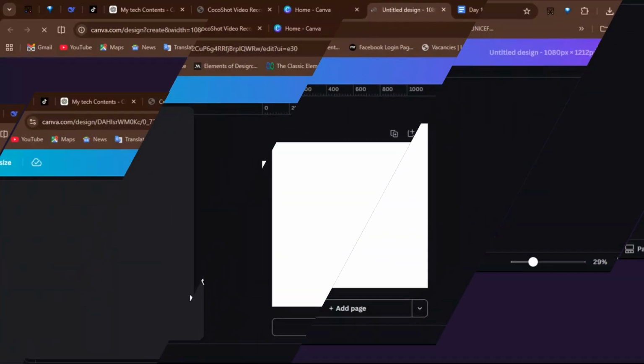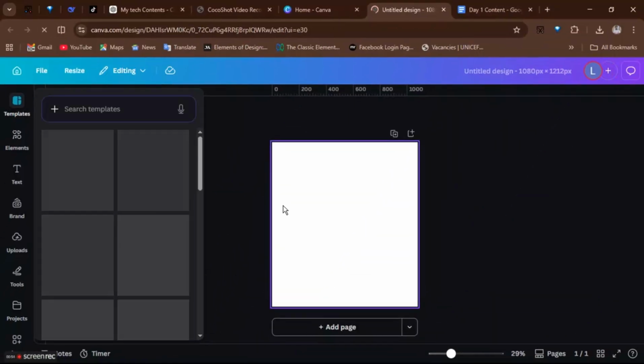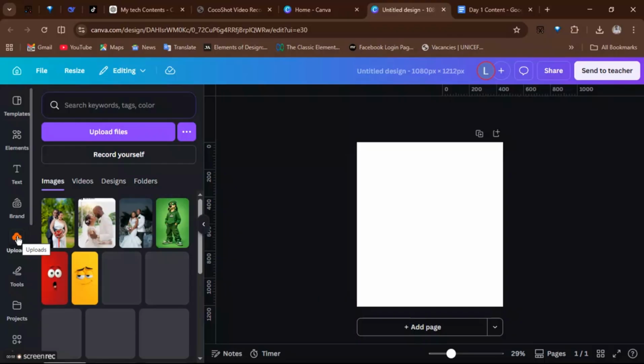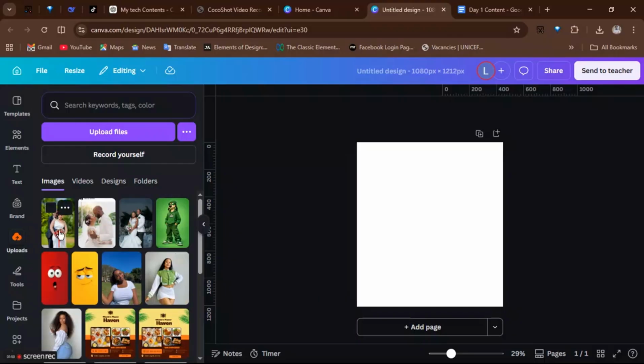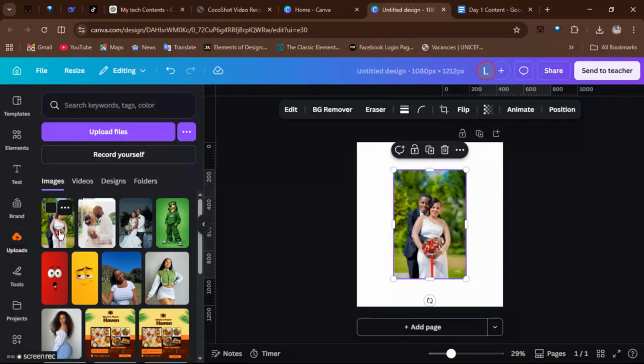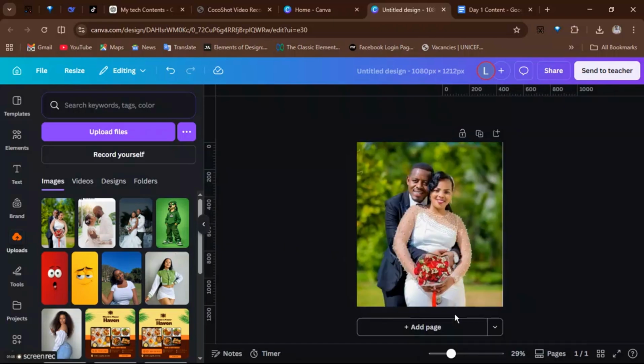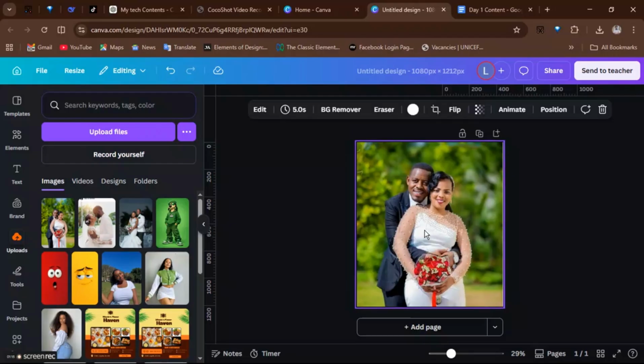Now that we have our canvas, let's add the image we'll be using to our design over here. We'll be using this wedding picture and set the picture as the background. Go to edit and select the image,